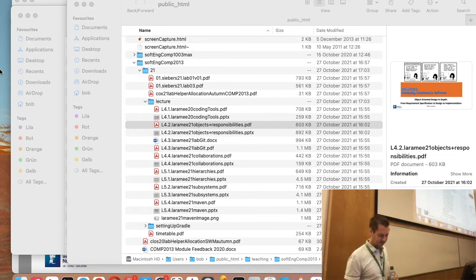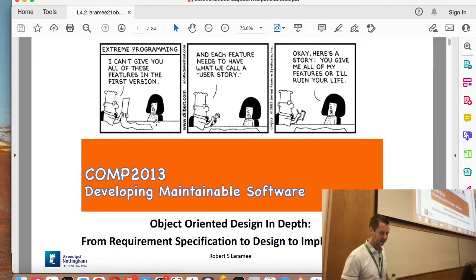Okay, so let's start. So we're gonna talk about object-oriented design. Does anybody remember the classic stages of software engineering, the software engineering life cycle? Does anybody remember the classic phases, the ones that you were taught in your textbooks? You're lucky I don't have your names. Otherwise I would start calling names. What's your name, by the way? Say it again? Nikki. Do you remember the classic stages of software engineering?